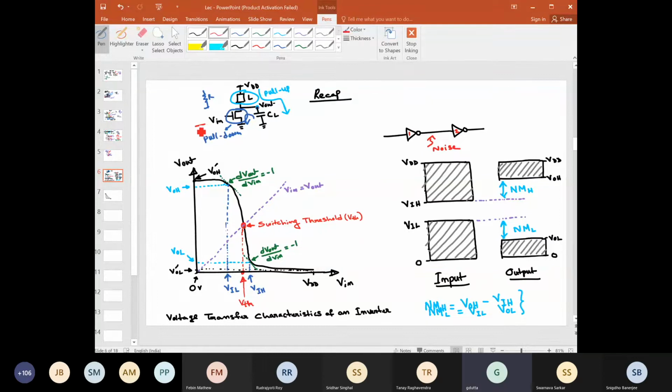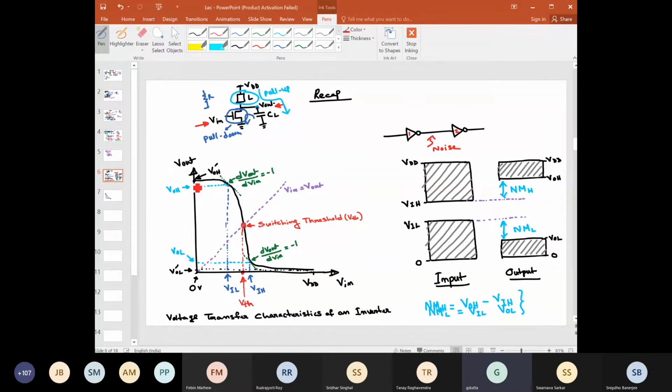And one more thing here, as you can see, this is V in, this is V out. So if you plot this V out versus V in, then you will get a shape similar to this, right? Depending on whether here you have a resistor or a transistor, or if it is a transistor, then in what configuration it is connected, this shape might get slightly changed. But more or less the overall shape should be like this.